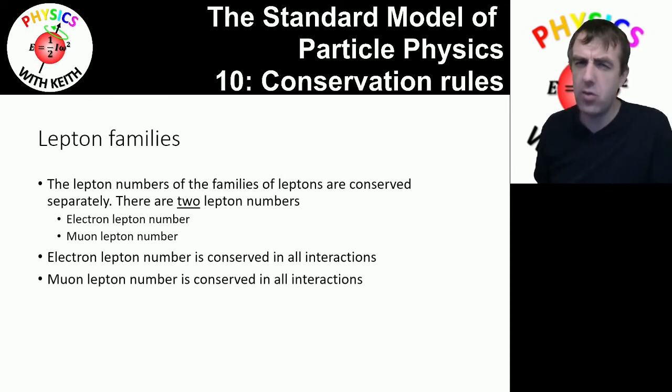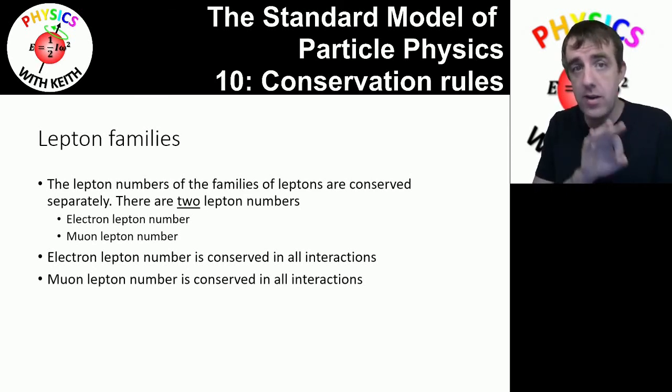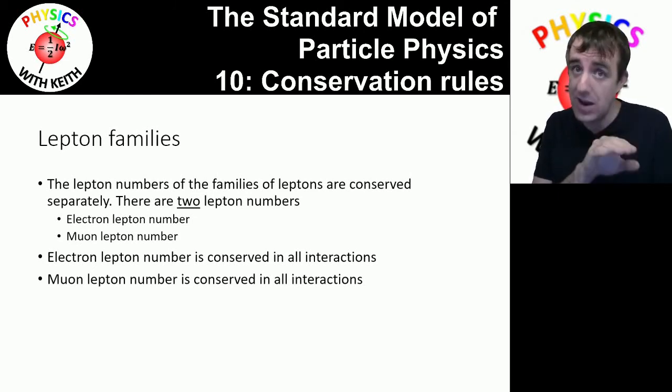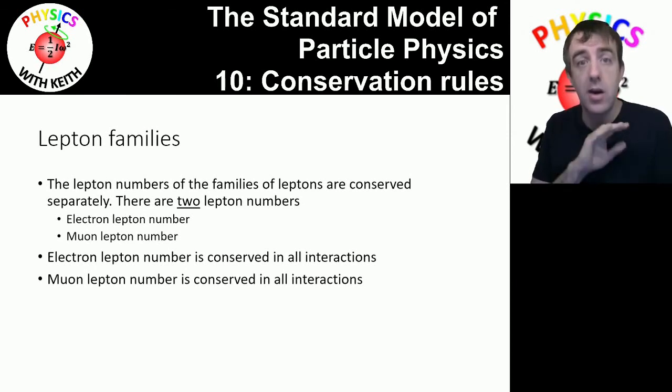Now, that's not quite true, in fact, and it gets more complicated when you look at what happens to leptons as they travel over very long distances. Neutrinos, in particular, can change from one type to another when they move over very long distances. There are also things called sterile neutrinos, and the world of particle physics is much more open and exciting than we can cover in this series. But let's just stick with our first two generations of leptons and the idea that in an interaction, the lepton number for electrons and the lepton number for muons are conserved.